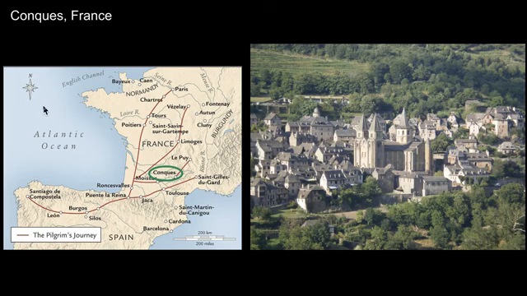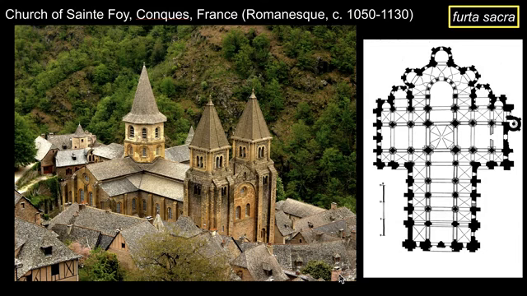Let's look at an example of an adorable Romanesque church in the town of Conques in France. This church was part of a monastery and became a stop on the route to see the relics of St. James in Spain. But part of the story here is how this town became a destination on the journey. The monks stole the reliquary and the relics of the saint that are now housed here from a monastery in a nearby town in an act of furta sacra, or sacred theft. If the relics of the saint did not find their way back to the previous town, then the saint really wanted her relics in Conques anyway.